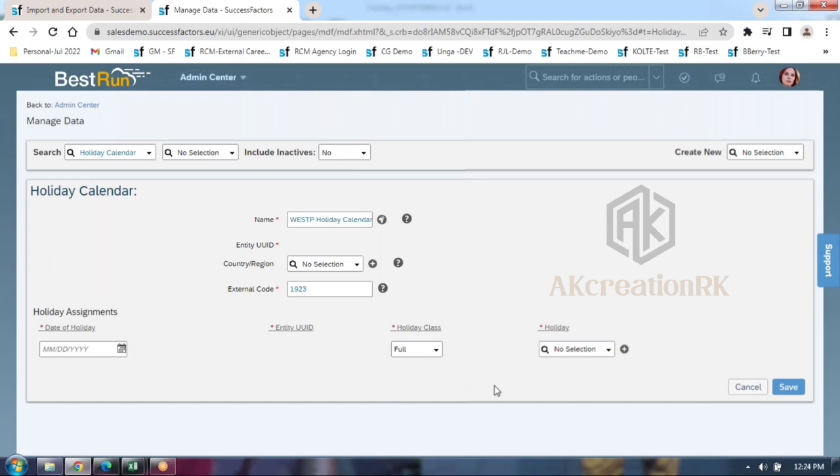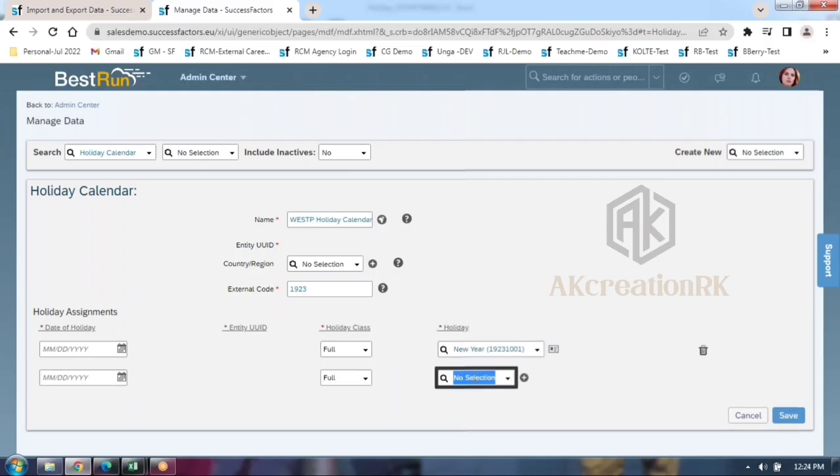Now my question is, you have to map the list of holidays. When I go by 1923 1001, it is coming. I agree with you. When I go by 1923 1002, it is not coming. May I know the reason? 1002 is not coming, 3 is not coming, 4 is not coming, but 10 is coming again. Can anyone guide me why?